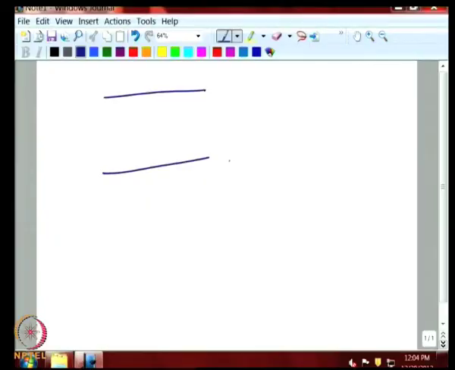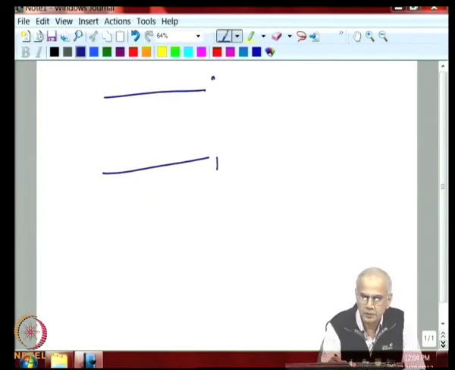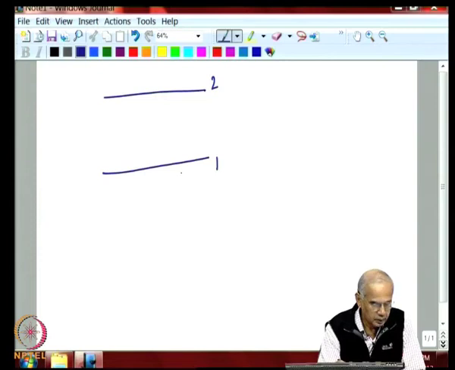In this lecture, we take an example of solving a slightly complicated problem of radiative transfer between two plates, surface 1 and surface 2. This is emissivity epsilon 1, this is emissivity epsilon 2, and there is a gray